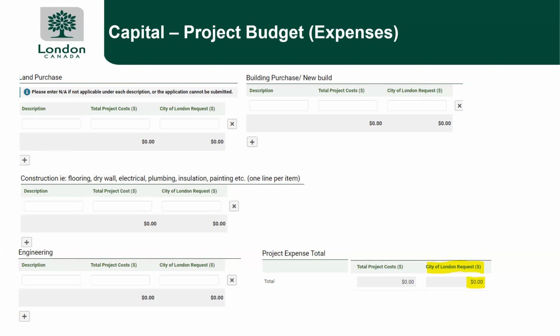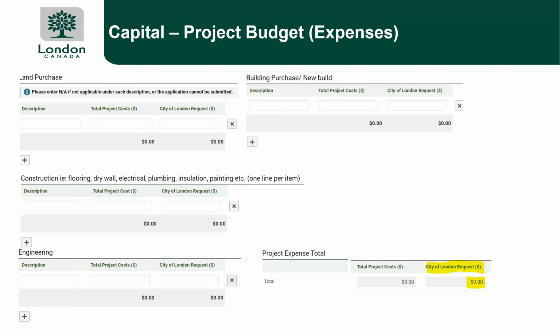Construction and renovations are probably the most common requests that we get. And we ask that for the project, you identify a description of what you're looking to be funded. So you may be doing a renovation to maybe create a community kitchen in your facility. So with that project, what are the items that you're needing to receive funding for? So if it's having new flooring put in, you have to have the old, 50-year-old flooring torn up and have new flooring put in. Then under description, we'll put flooring.